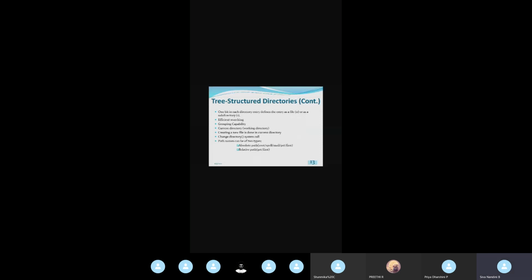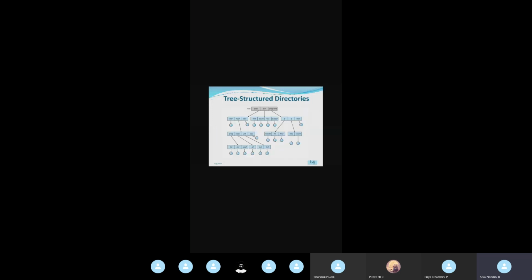Okay. So to overcome this grouping problem, we have this tree structure directory, as shown in slide number 14. I hope you all can see this image in slide number 14. It is similar to the binary search tree which we studied in data structures, and in the first unit also we studied about this binary search tree. The same way, in that binary search tree we have nodes, and here those nodes are assumed to be the files.